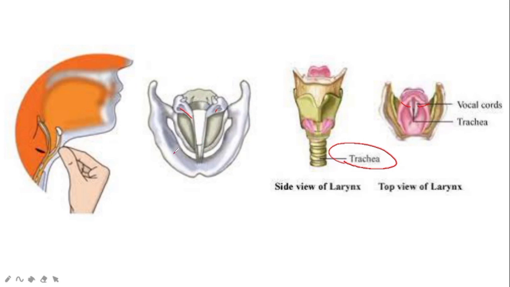Now, when the lungs force air through this slit, the vocal cords vibrate, producing sound. Because we studied that sound is produced by vibration. In the human throat, that is in the voice box or larynx, sound is produced by the vibration of these vocal cords. The muscles attached to the vocal cords can make the cords tight or loose. See here, it is attached to some muscles.